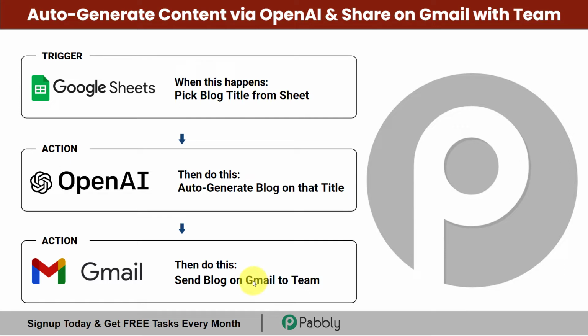doing anything manually. And to create this automation, I am going to connect Google Sheets, OpenAI and Gmail applications with the help of an automation software. So if you also want to automate your content creation and then content sharing part, just follow this video till